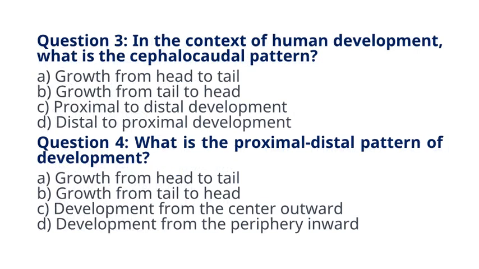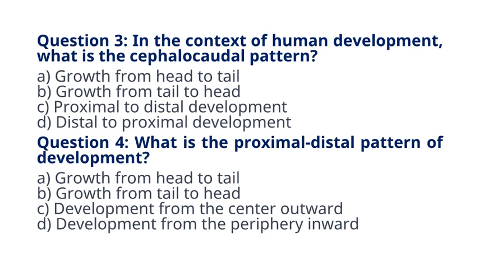Question 3. In the context of human development, what is the cephalocaudal pattern? A. Growth from head to tail. B. Growth from tail to head. C. Proximal to distal development. D. Distal to proximal development. The correct answer to question 3 is option A. Growth from head to tail. Explanation: the cephalocaudal pattern refers to the principle that development occurs from the head, cephalic region, downward to the tail,